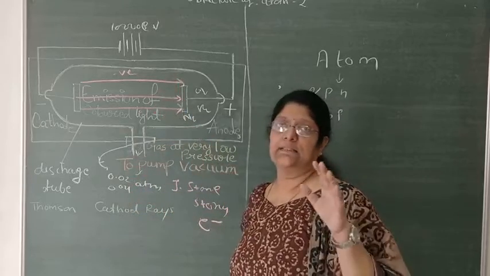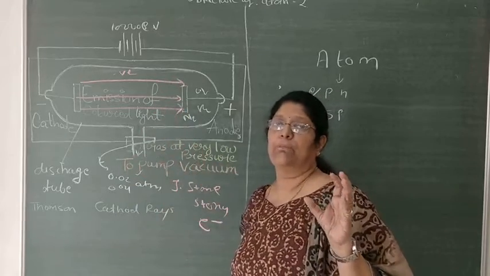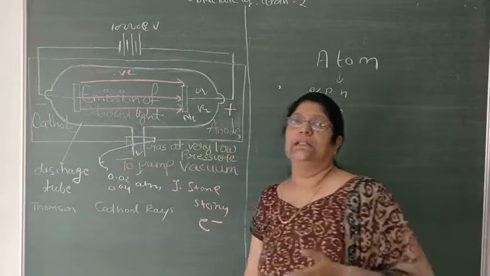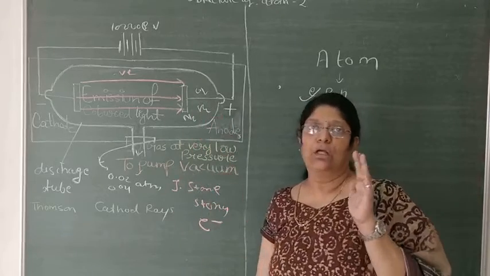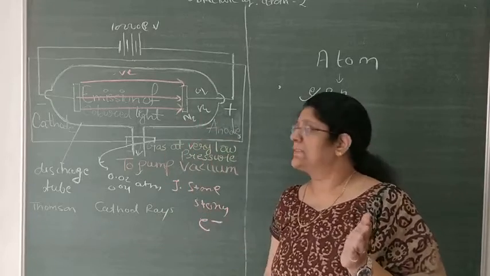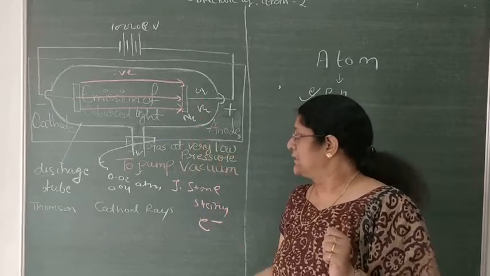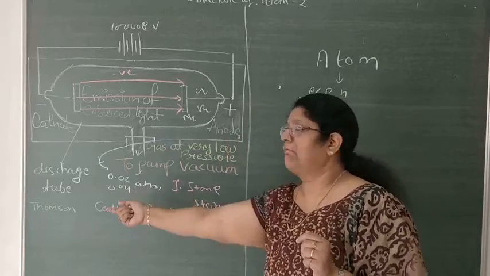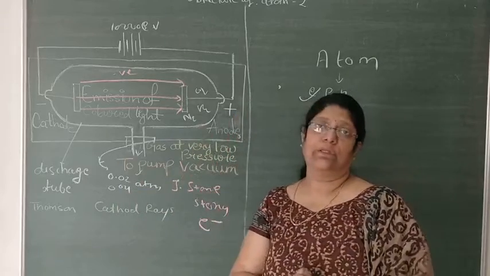Again you will apply the same 10,000 electron volt, and you will find that some beam of light is produced inside the discharge tube. After a certain time period, you will see that some rays are coming from the cathode and moving towards the anode. The rays originating from the cathode are known as cathode rays, and definitely they possess negative charge because they are moving towards the anode. The same particle is also present in the nucleus having negative charge, discovered by Thomson, name given by J. Stoney. Through this we know about cathode rays.